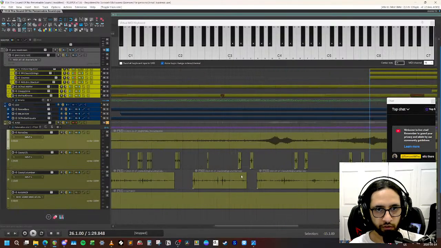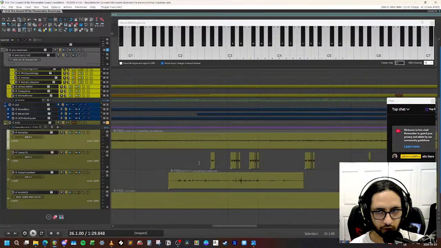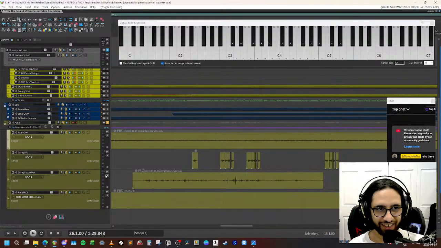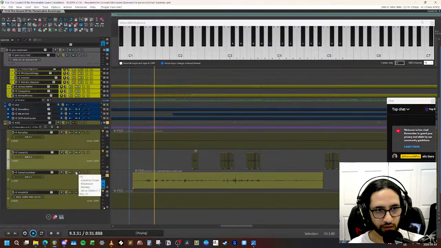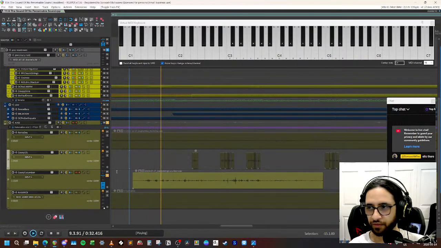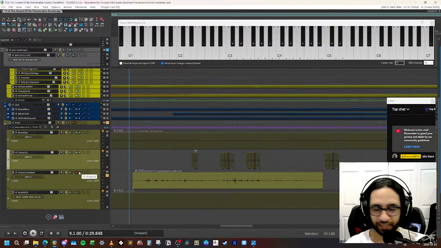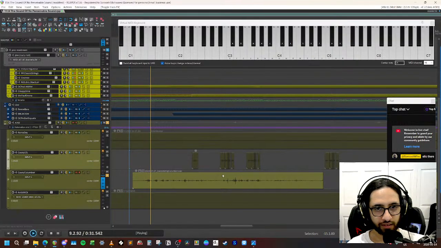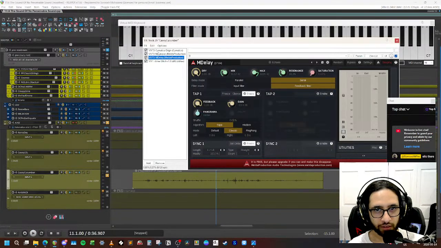What else do we have? I think we should take a look at this one first. Casey cucumber. Yeah, that's our dog eating a cucumber. Oh, it's got some effects actually. Without effects. Oh yeah. I just recorded that on my phone, I guess. And then let's see what I put on this.